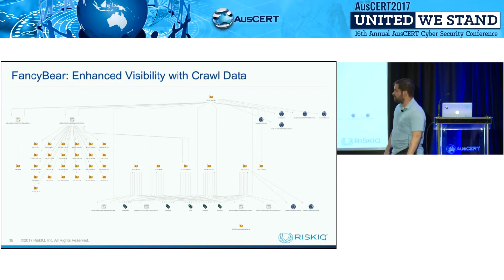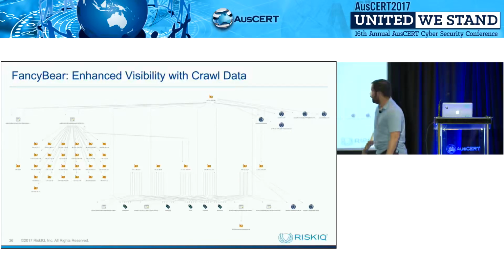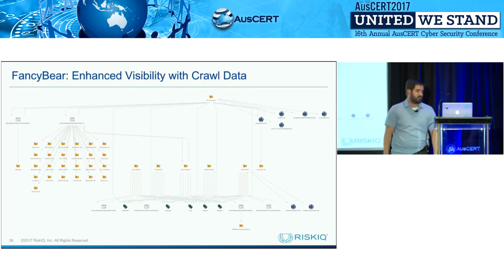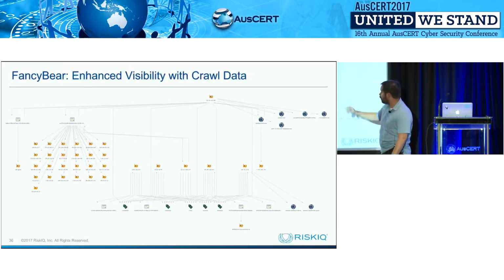If we add in web crawling data and some of our new components, we get a much larger insight into this attack campaign. As I said at the beginning, the command and control channels were encrypted. They were using a certificate to encrypt that communication. And so when we ask, show me all related certificates or SHA-1 associations to this IP address, we get a lot of certificates, 1, 2, 3, 4, 5, 6 different certificates that are associated with that initial infrastructure.